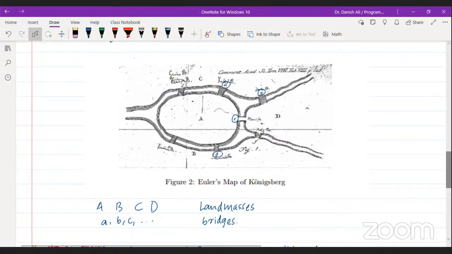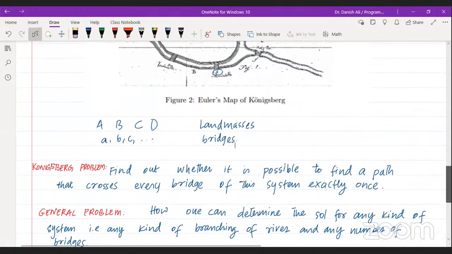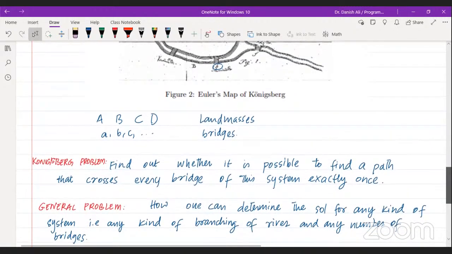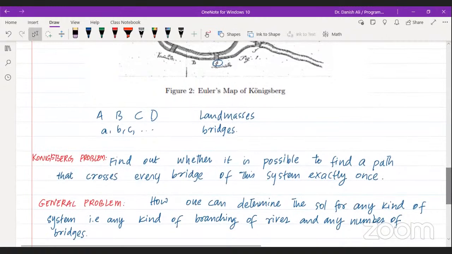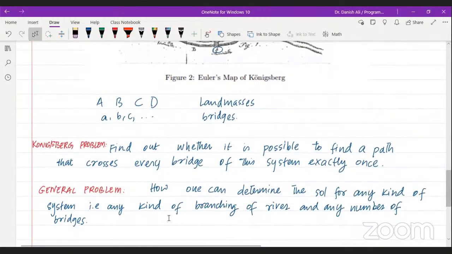Second, he suppressed all irrelevant information. He focused only on the information which leads to the solution of the problem. Number three, which is very, very important, the generalization of the problem. The generalization actually shifts the focus from puzzle solving to a real mathematical question. Because now this becomes a proper question that whenever there is some system, there is some branching of